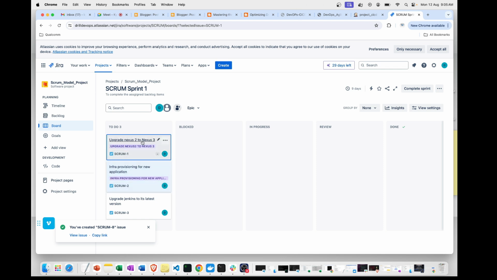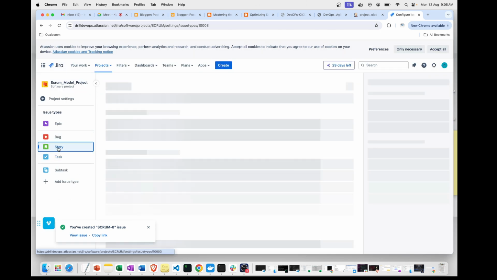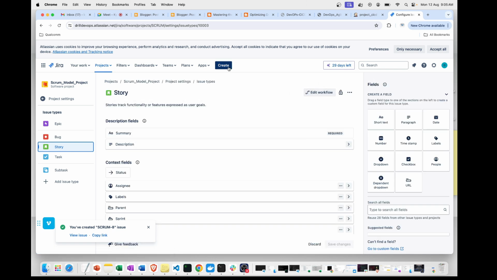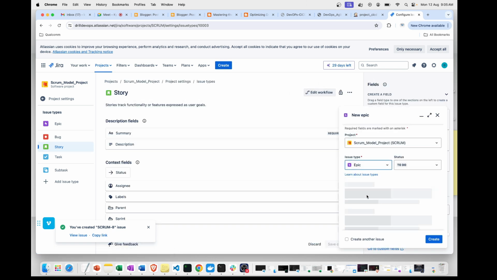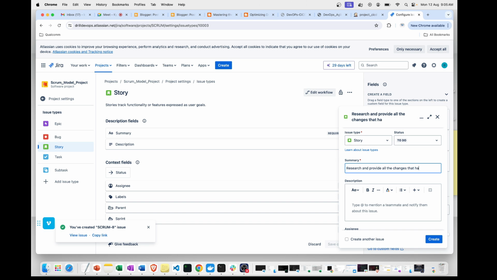Now under Epic, I will be creating user stories. Okay. Let me create those, configure. I'll create a user story. First thing is I have to create one user story to upgrade Nexus 2 to Nexus 3, which says research and provide all the changes that had happened between Nexus 2 and Nexus 3, which means